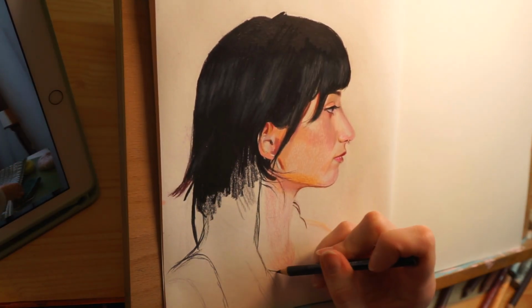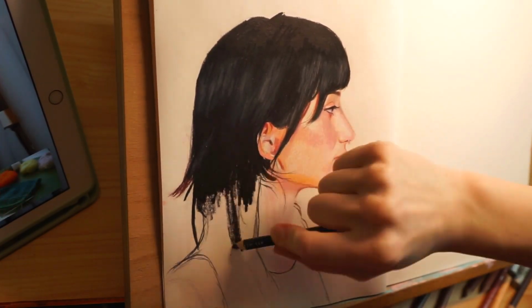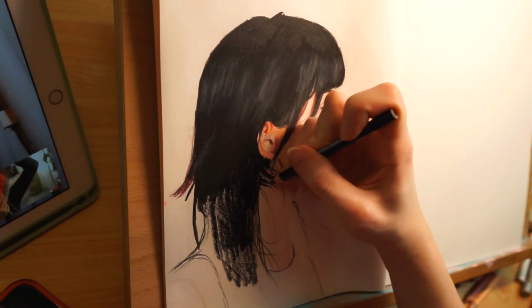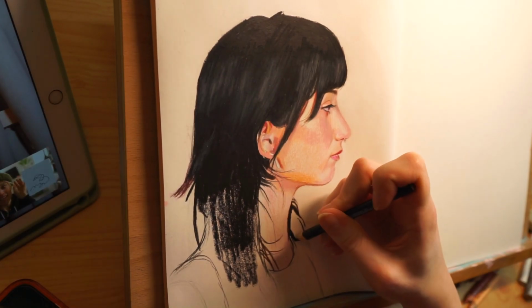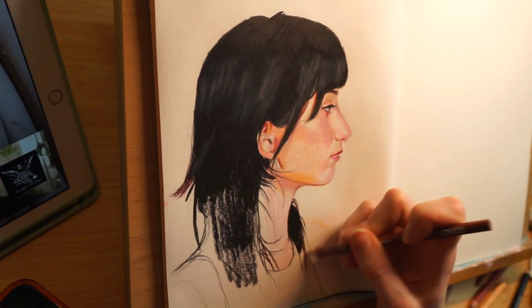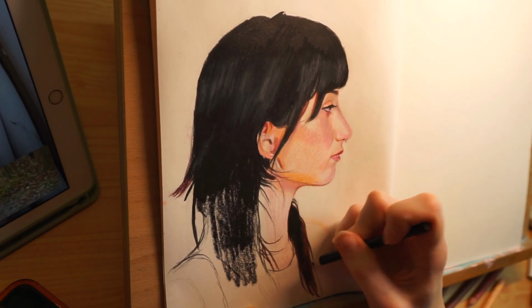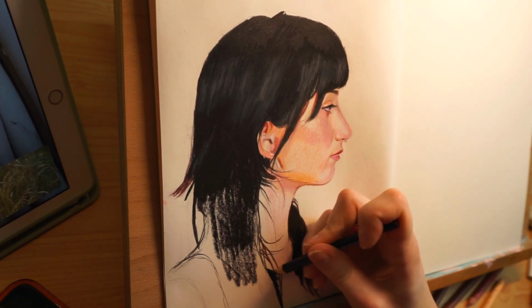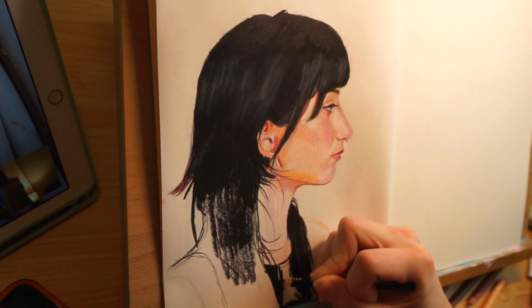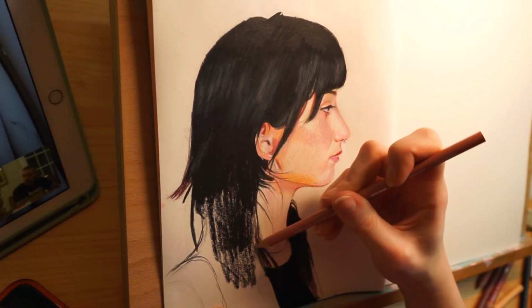And I feel like whenever I draw portraits like this, and by that I mean portraits that I know I'm gonna enjoy, that I am really drawn towards, and I just feel like I need to draw them, whenever I draw those type of portraits, I'm like, oh my god, I love doing portraits so much. And doing portrait art is basically how I started out with doing art. I've done a lot of portraits in my 24 years of life, and it is something that I love so much,